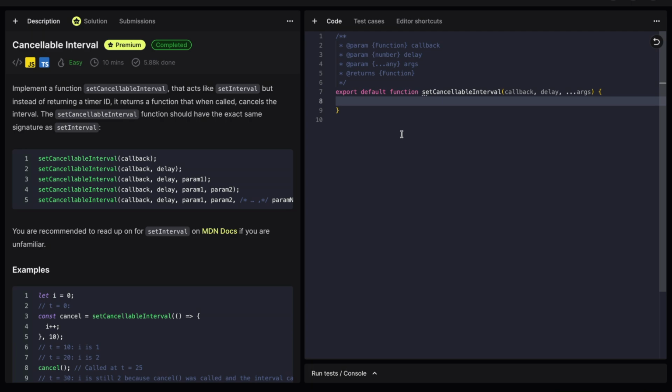Hey guys, we will be solving a very interesting question from GreatFrontEnd today called Cancellable Interval. I have faced this question in a couple of JavaScript interviews, but above all, I think this is a very good question to build your basics in understanding how to intelligently use some of the web APIs provided by JavaScript. But above all, this is a question which will help us understand how to solve a